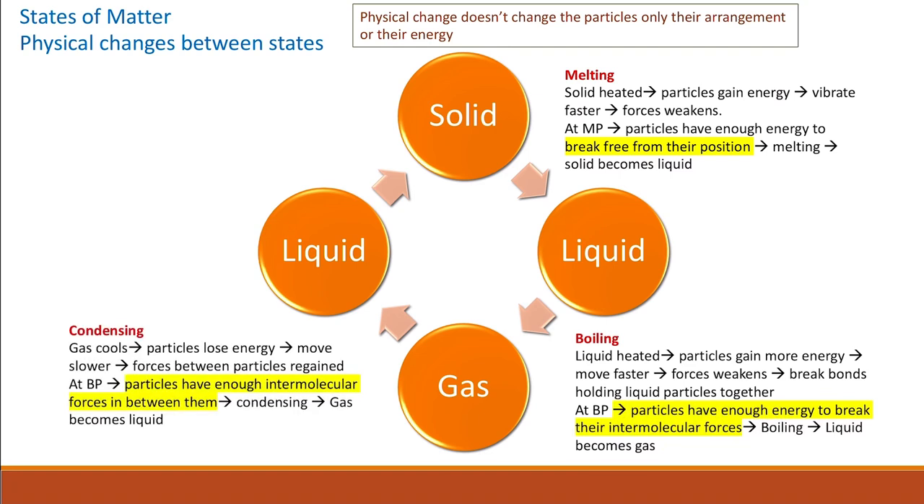Change from gas to a liquid is called condensing. The gas cools down and the particles lose energy. They move slower. The forces between the particles will be regained. At boiling point, the particles have enough intermolecular forces between them, so they start to condense and the gas becomes